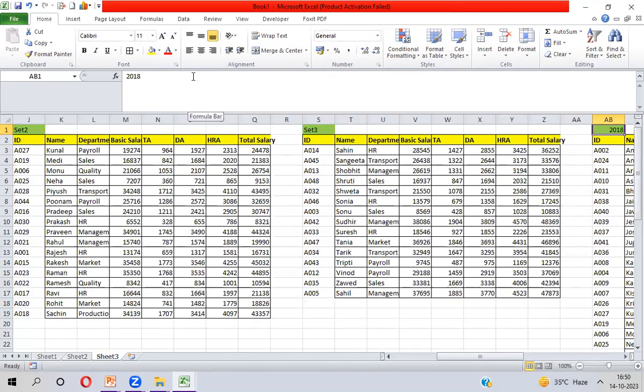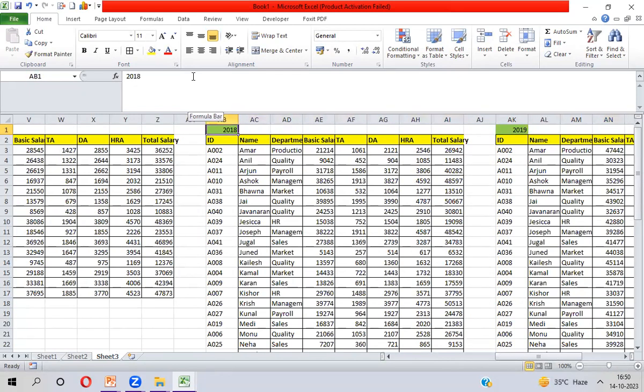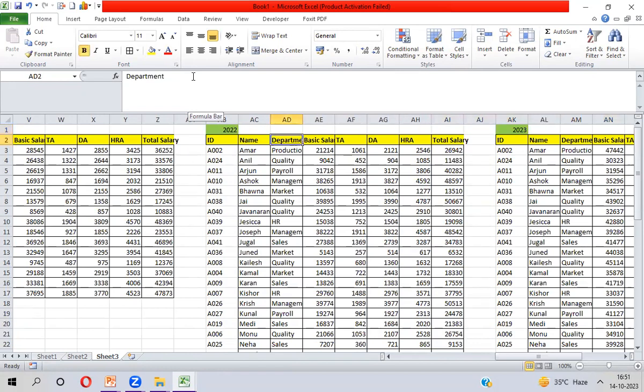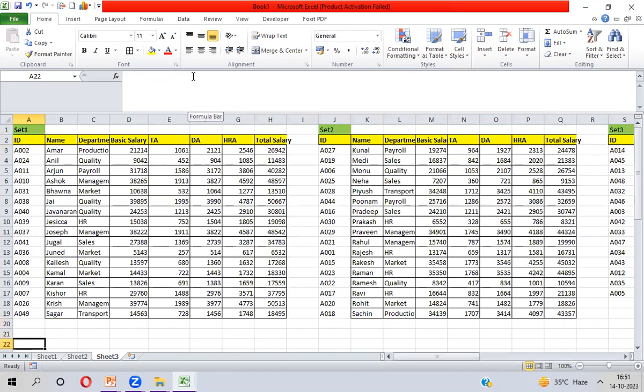Suppose we have 2 years of data. Suppose this year is 2022 and this year is 2023. You have two data sets, and only the salary is changed. The department is almost the same, but the salary is changed for most of the employees. So you need to apply